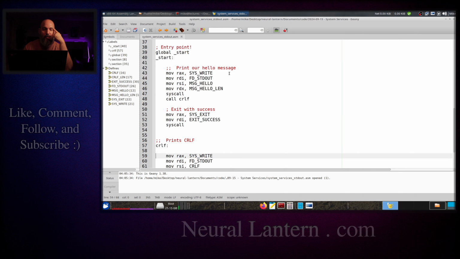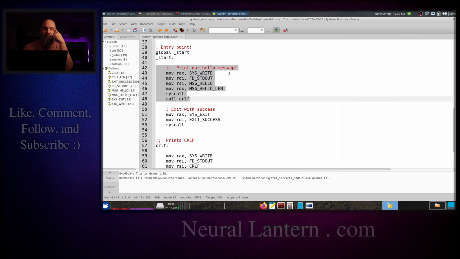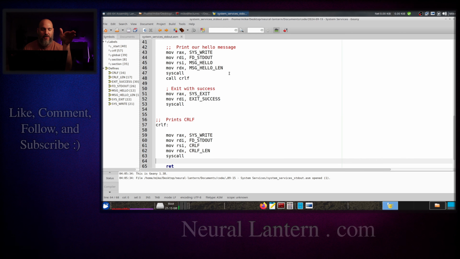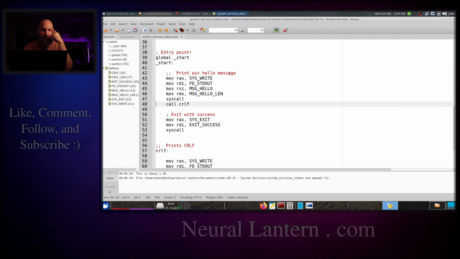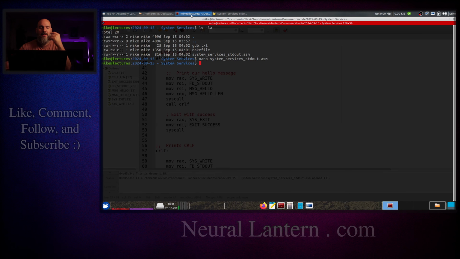Here's the entry point of the program, just a little start entry point because it's pure assembly. And all I'm going to do is print a little hello message and then call CRLF. All CRLF does is print a new line. So the program is really, really simple. If I run it right now, you'll just see what happens. If I say clear and make run,